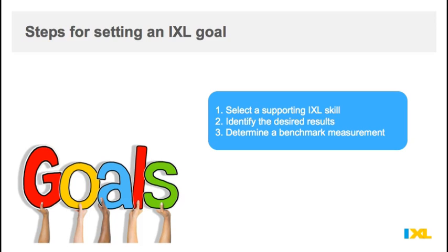When it comes to your classroom, I know that you're the instructional expert. You know your curriculum, and no one knows your students' needs better than you do. You already have many classroom goals in place. IXL skills and content can enhance your already existing instructional plan, especially when you take the time to set strategic